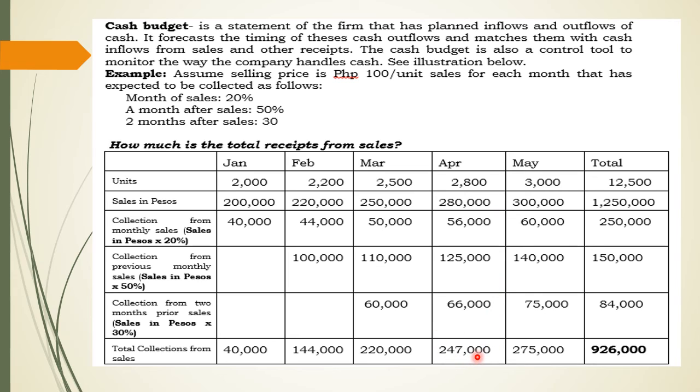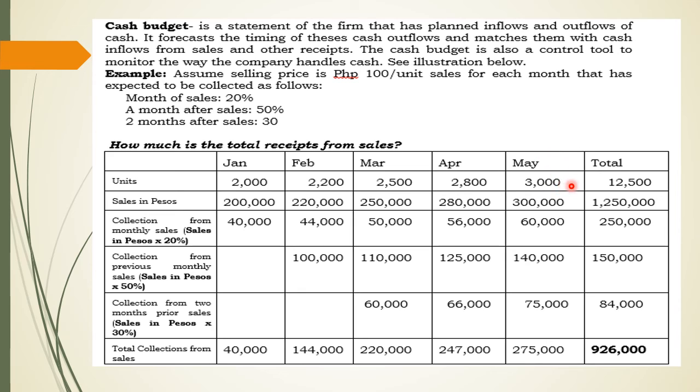I-add na sa mga tulo, you will arrive at the amount of 247,000. So from January, total collection sa mga sales 40,000, February 144, March 220, April 247 mga thousand, and